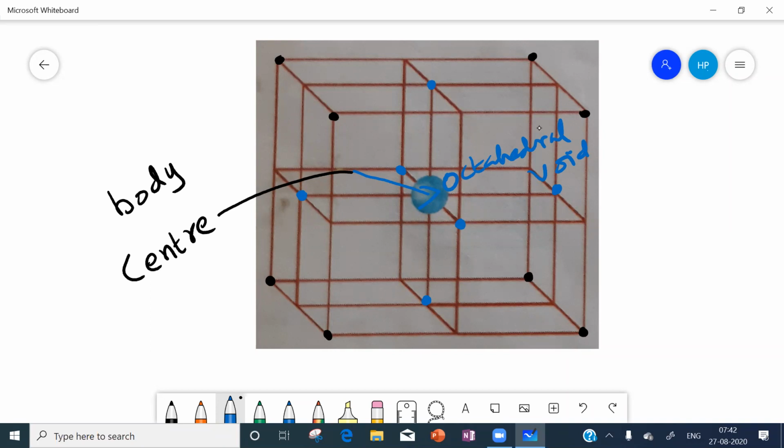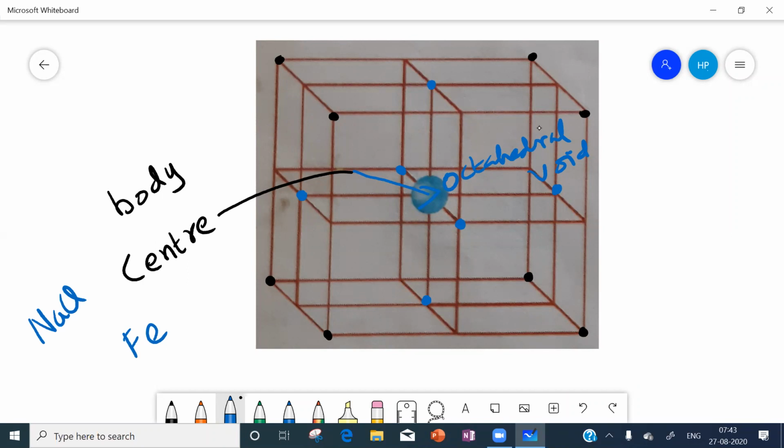You may be asking another question also: why did you draw the FCC unit cell like this, with 8 small cubes? Can't we take only one small cube and say that is FCC? If you take a compound like iron, we will say it is FCC. If you take NaCl, an ionic compound, it is also FCC only. Then what shall we do?